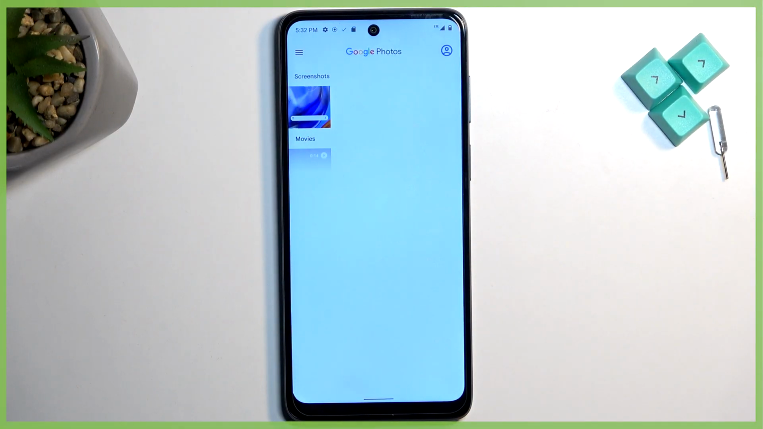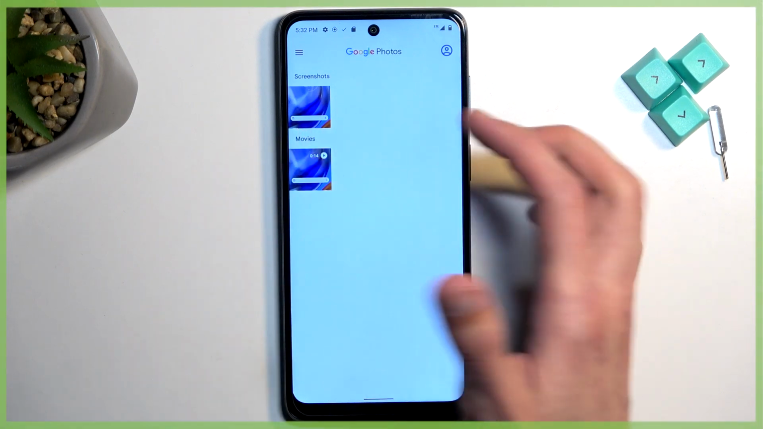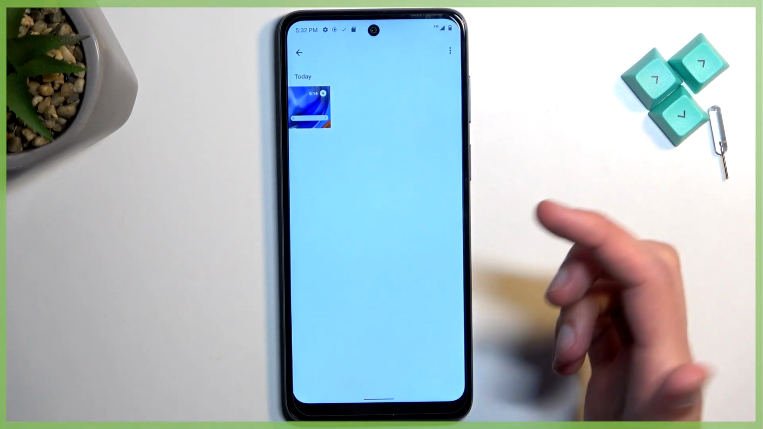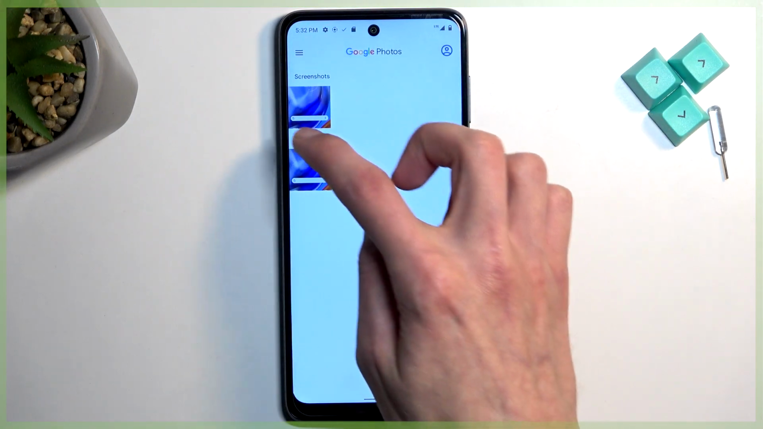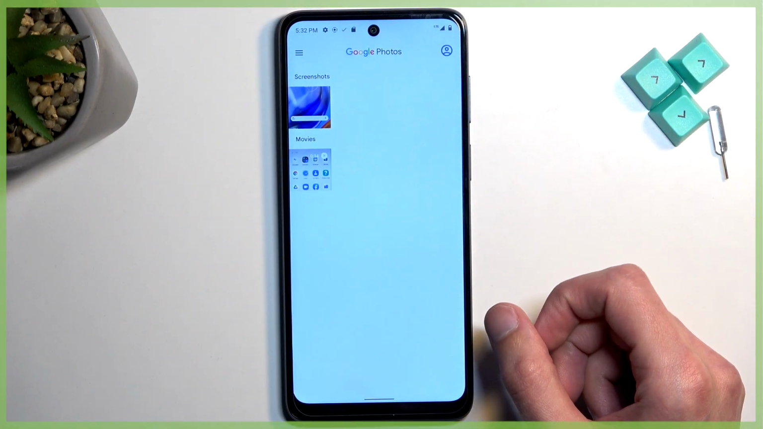Now later on, once you have captured a bunch of photos, screenshots and all that stuff, it might get just a little bit cluttered and it will be somewhere down the list, obviously. So you can quickly find it by tapping on the categories as you see, movies or stuff like that. If you can't find it quickly, you could just capture a quick screenshot